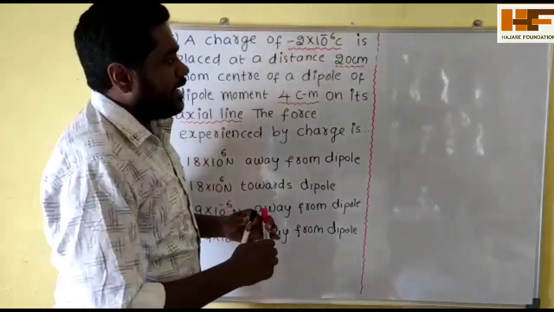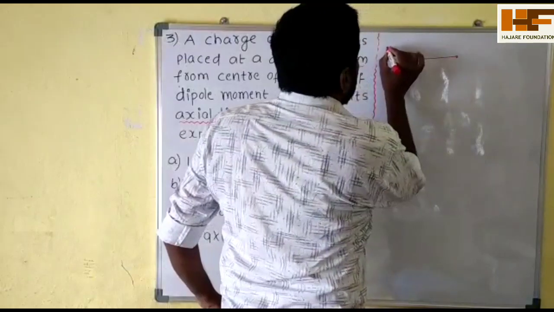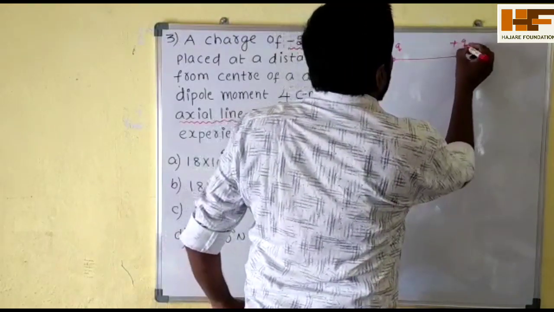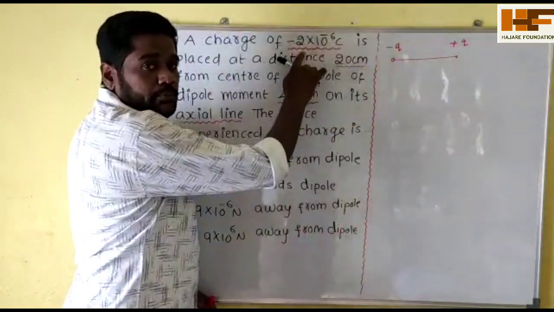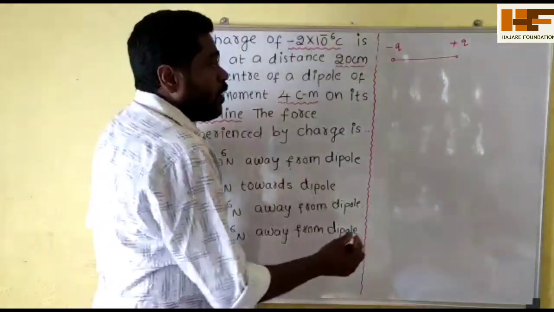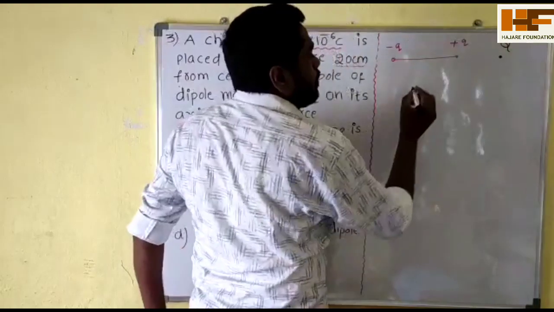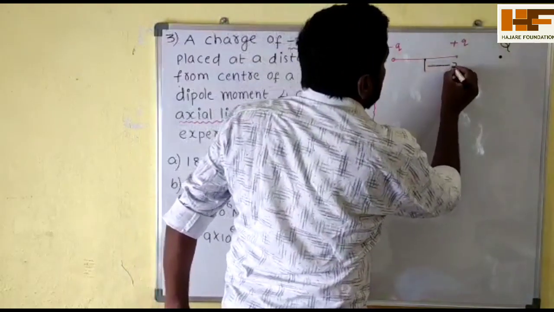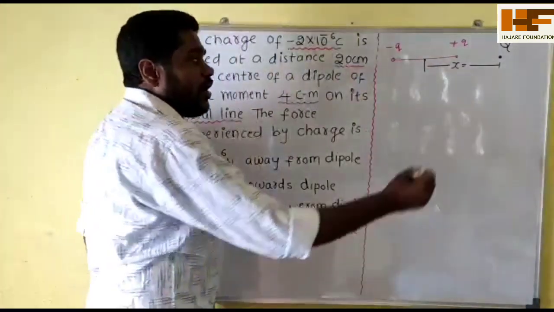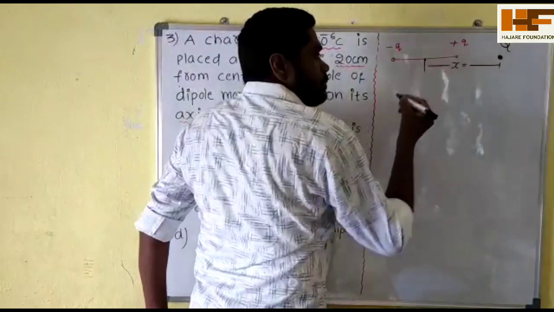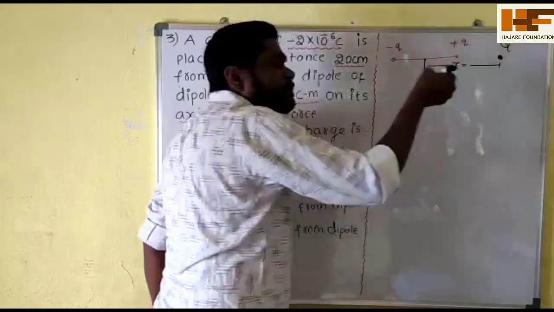Okay, first of all, let us draw the diagram. This is the one dipole I am taking. So this is minus q and this is plus q. But this is another charge. This is not a charge of the dipole. Charge of the dipole they have not mentioned. What they placed at this point is another charge, for example capital Q, from the center. This distance, how much is given? X is also given or not? X is equal to 20 centimeter given. Therefore now at this point, when you keep this charged particle, how much force does it experience?